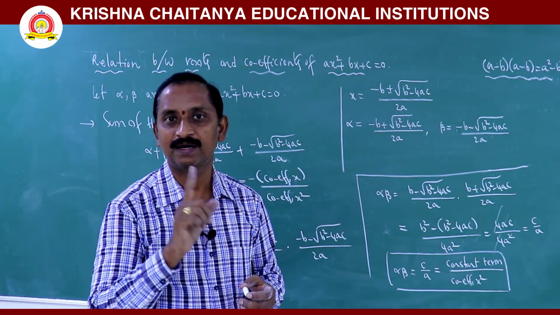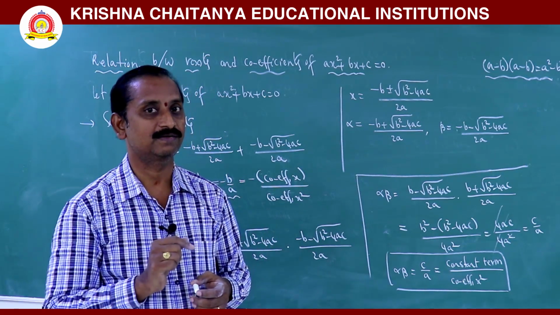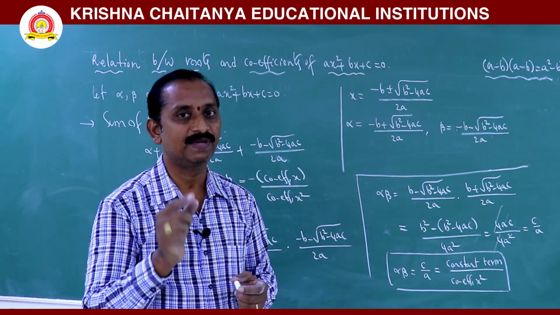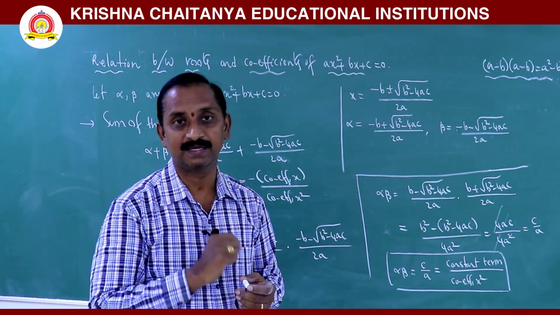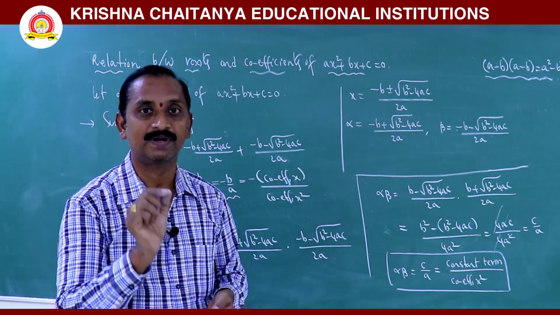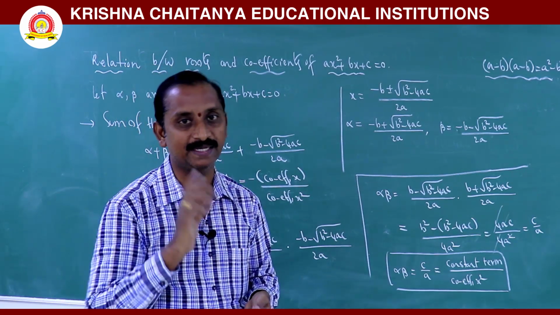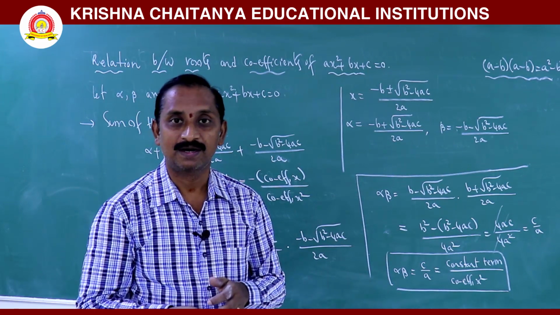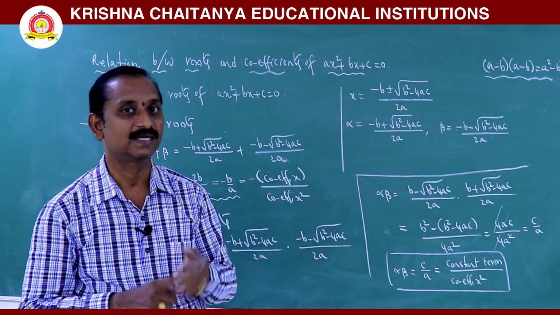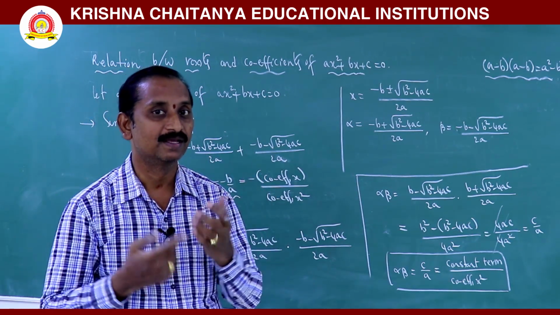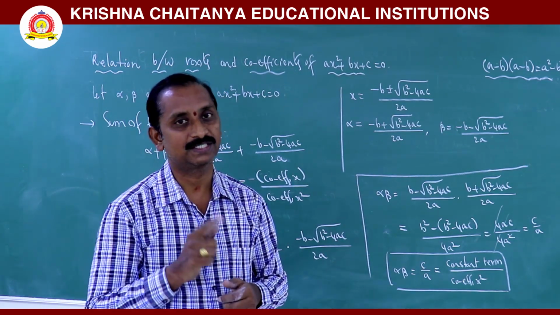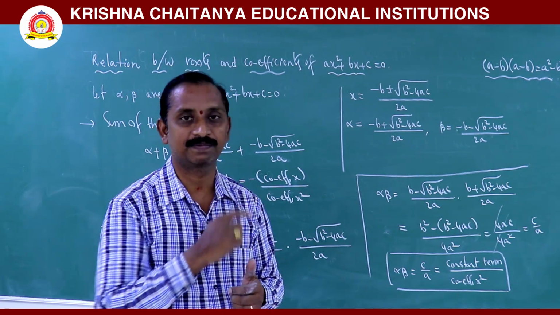For example, if p0, p1, p2 and so on to pn are real, we say that f of x is a real polynomial. If p0, p1, p2 and so on to pn are complex numbers, then f of x is said to be a complex polynomial in variable x. Now, what are the constant polynomial, quadratic polynomial, cubic polynomial? Already we discussed, C is called a constant polynomial. For a constant polynomial, the degree should be 0. Linear polynomial, degree is 1. The standard form of a linear polynomial is ax plus b.